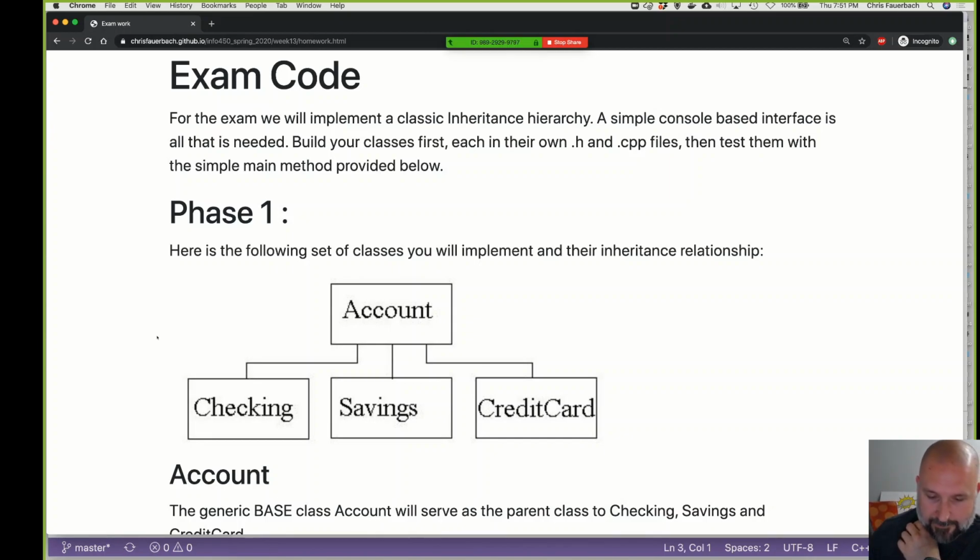This has good advice. Build your classes first. I didn't provide a simple main method. I should have deleted that, but